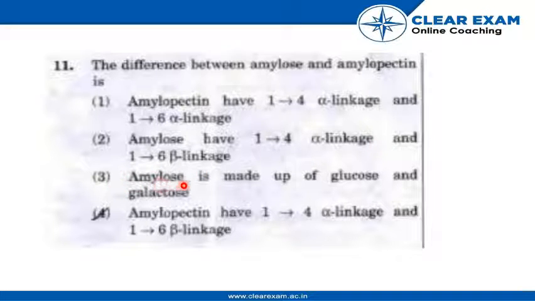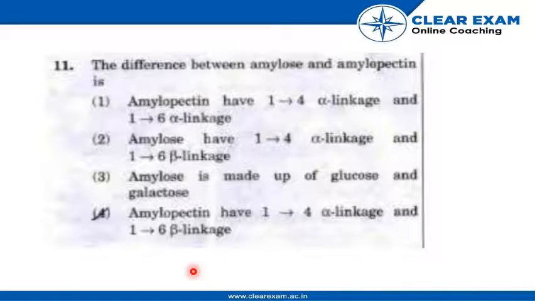Third, amylose is made up of glucose and galactose. Fourth, amylopectin has 1 to 4 alpha linkage and 1 to 6 beta linkage. Okay, so